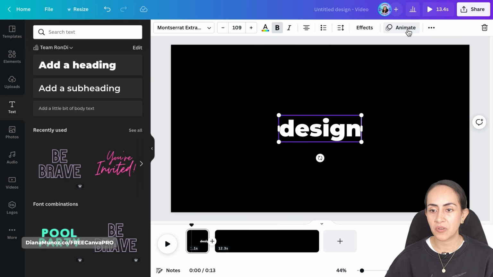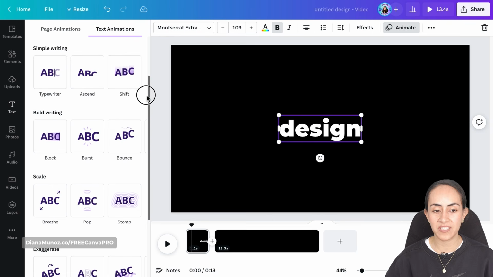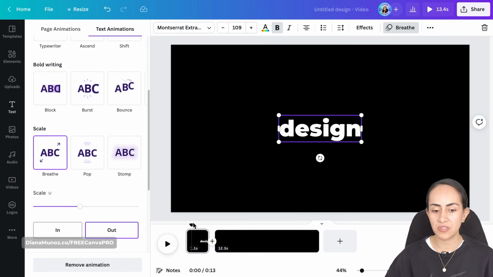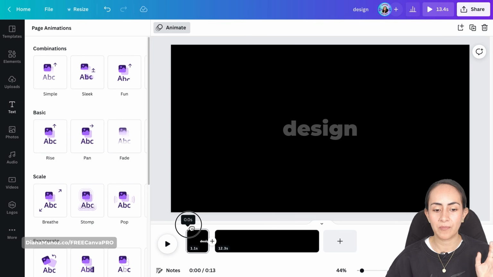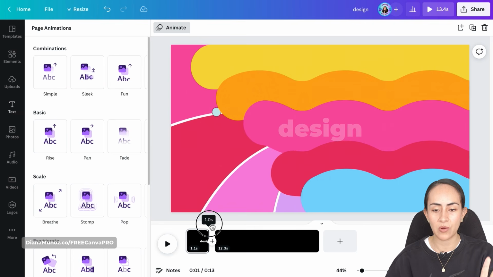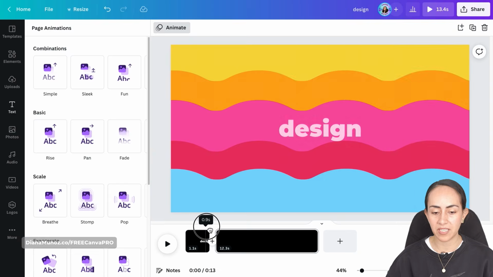In my case, I'm gonna use animate because I want to add an animation to this text box. So I think the one that is going to look good, it is this animation called breathe, because it's just the beginning of my intro, so I want the text to appear slowly. And then if you see, after my cut, after 1.1 second,